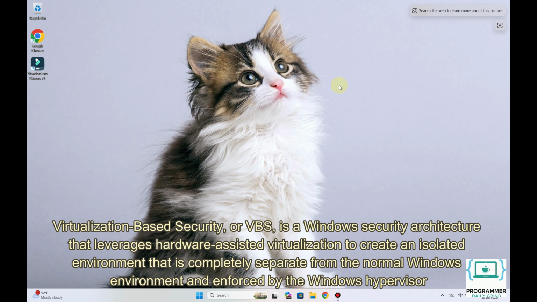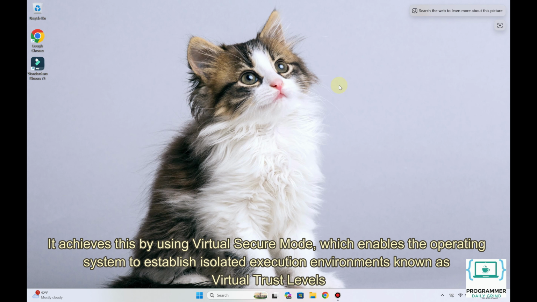Virtualization-based security, or VBS, is a Windows security architecture that leverages hardware-assisted virtualization to create an isolated environment that is completely separate from the normal Windows environment and enforced by the Windows Hypervisor. It achieves this by using Virtual Secure Mode, which enables the operating system to establish isolated execution environments known as